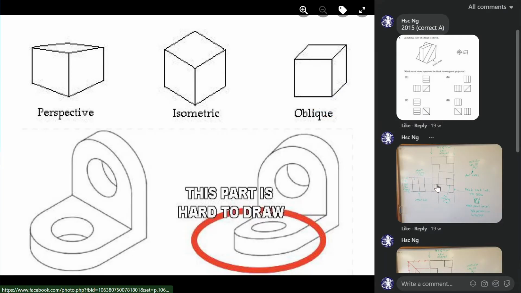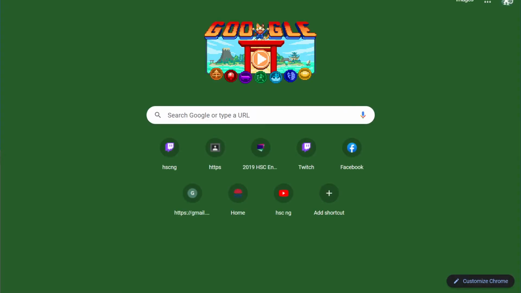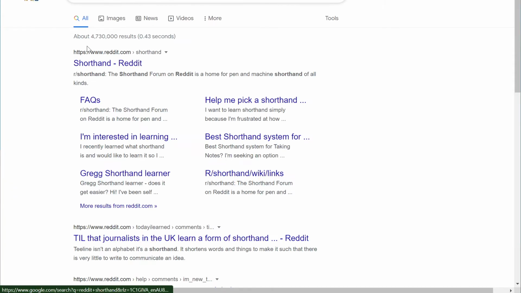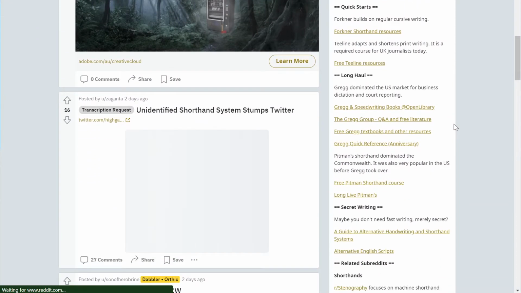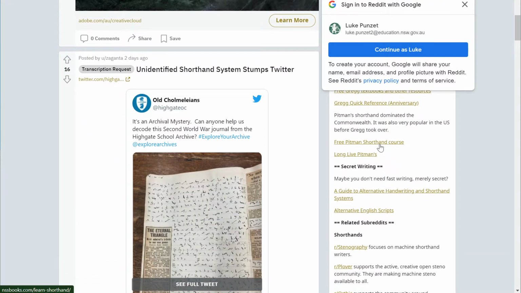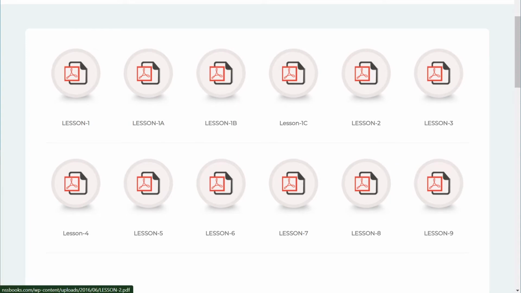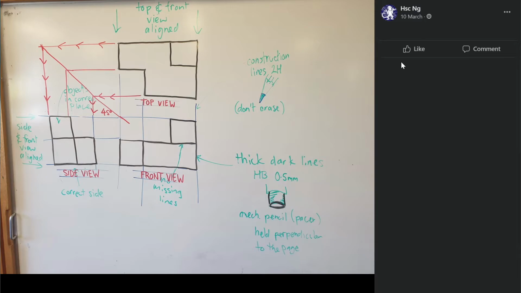Anyone who's interested in learning Pitman shorthand, let me know. Pitman's an interesting shorthand. If you do this, there's some lessons on how to do Pitman shorthand. Okay,